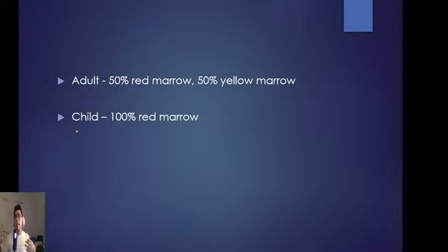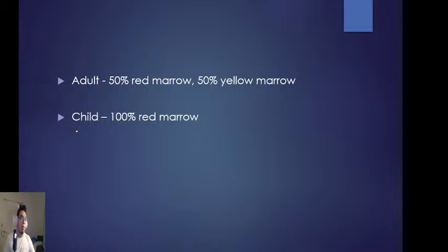It's like buying a cell phone, right? There's nothing there yet, or you still need to download certain apps. So that's basically my analogy in this particular context. Children are actively producing red blood cells, and therefore they have a much more hypercellular marrow